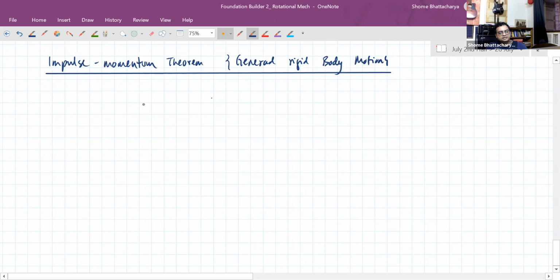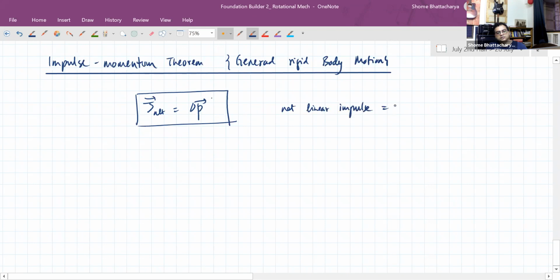So we saw that the net linear impulse is equal to the change in linear momentum. Net linear impulse equals the change in linear momentum, whereas net angular impulse,